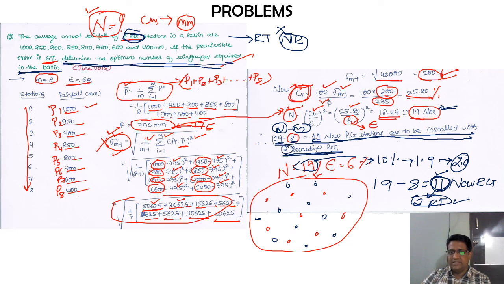Why is this 2 coming? Because of the 10% recording type that is required as per the theoretical concept. This is necessary to make sure that the entire catchment area has uniformity and a much better collection of rainfall data with respect to the recording types. So this is the third problem for the determination of the optimum number of rain gauge stations.